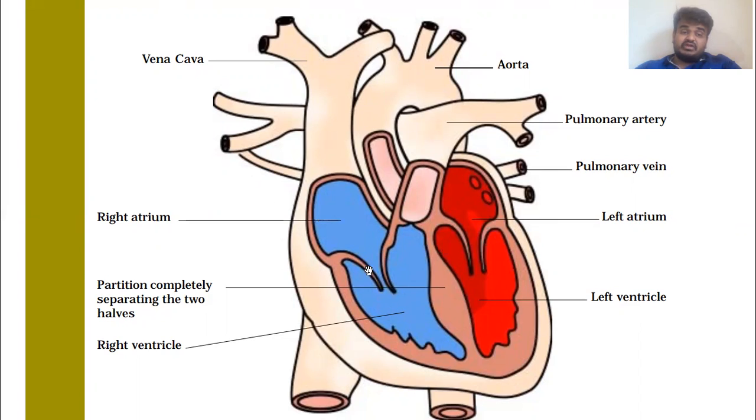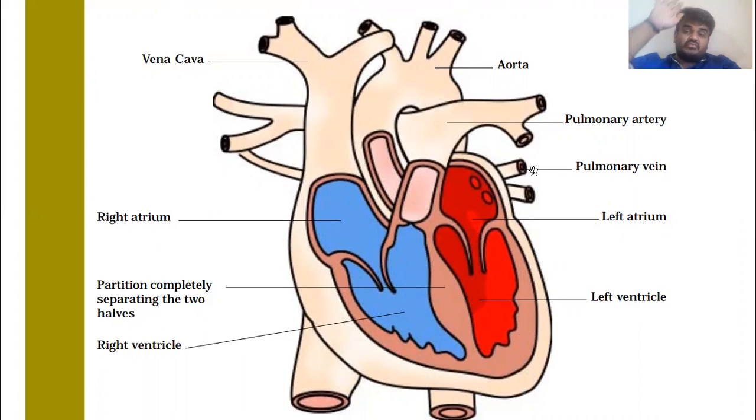From the right atrium, it will go to the right ventricle. From the right ventricle, with the help of this pulmonary artery, it will go to the lungs. This process we have discussed in the last figure, the circulatory system of the body. From the lungs, the blood enriched in oxygen will come with the help of this pulmonary vein. Here you are given the pulmonary vein, to the left atrium. With the help of this pulmonary vein, the blood which is rich in oxygen will come to the heart.